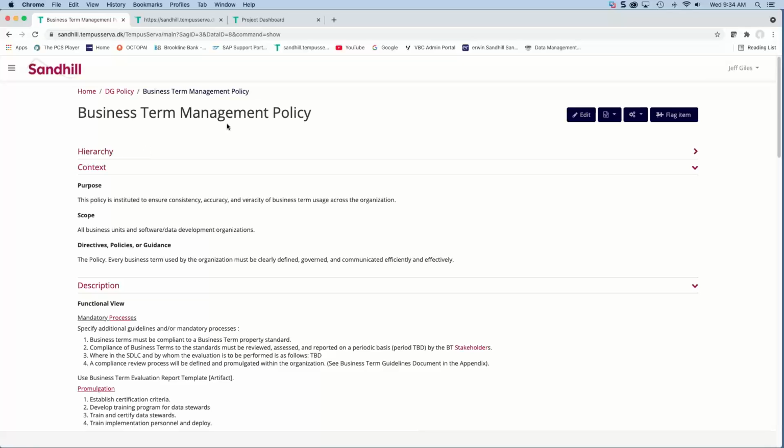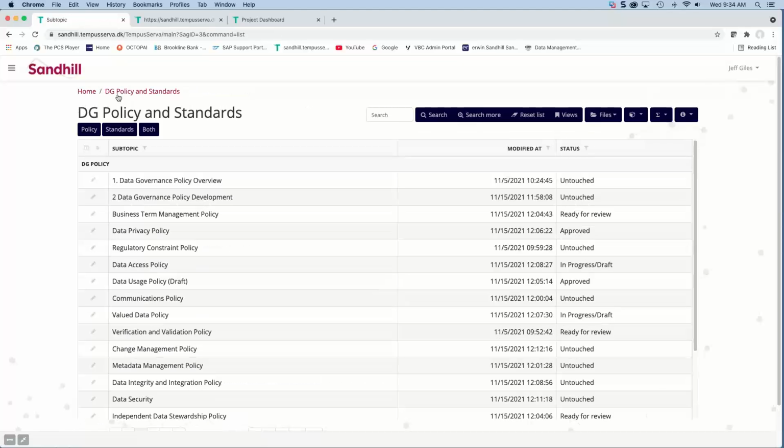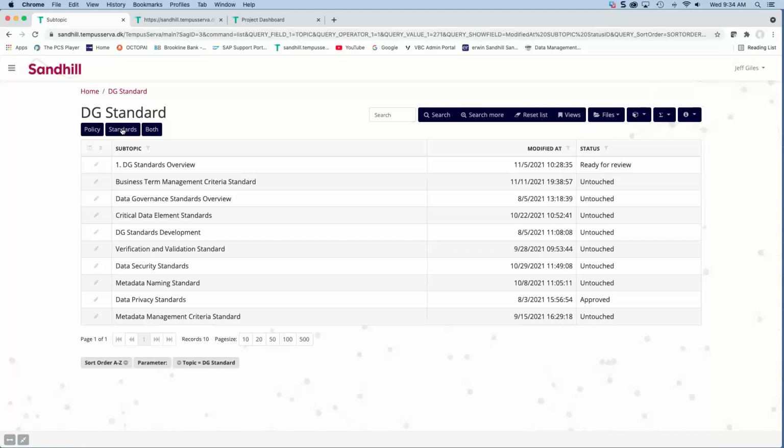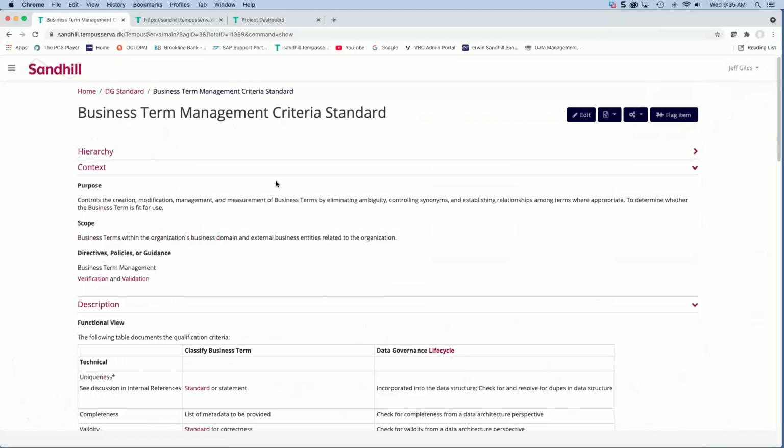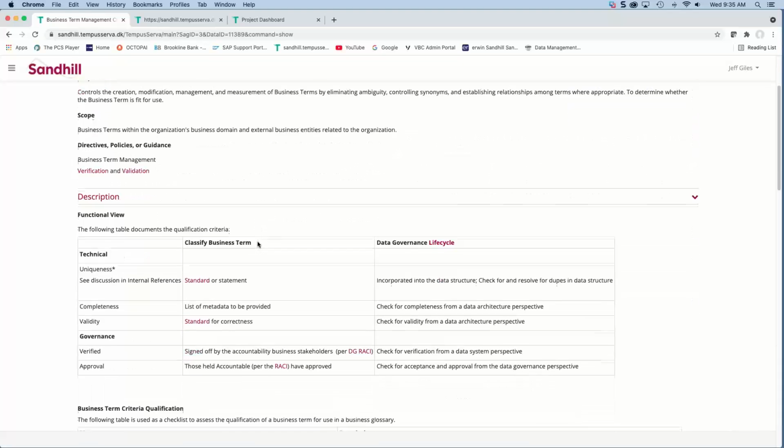Now, once you have identified the policy, then you can go ahead and start looking at the standards that help enforce the policy. A standard itself is simply saying, well, okay, we have a policy that tells us that we need to manage our business terms, but I'm not exactly sure what is a good business term definition. I need some guidance on that. So the standard simply says that, okay,